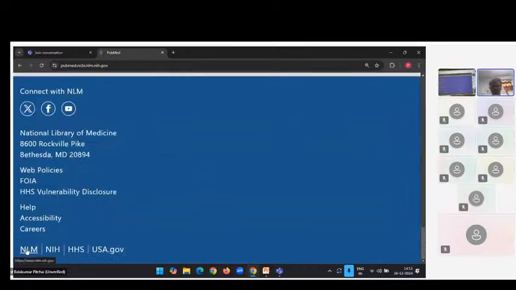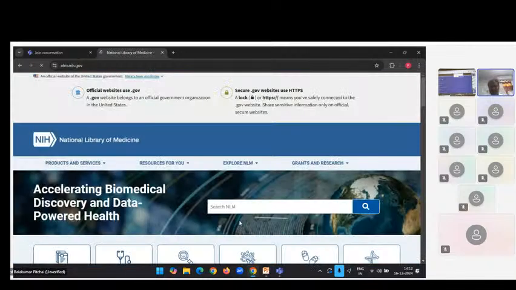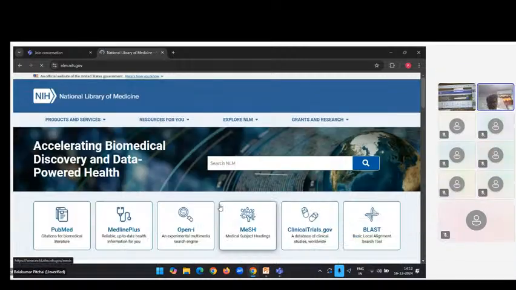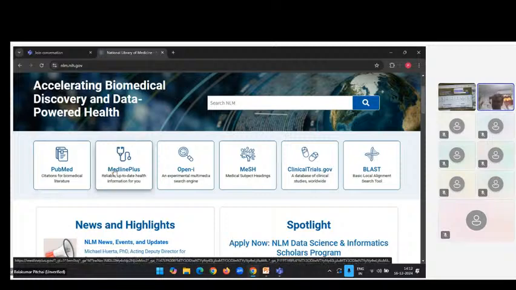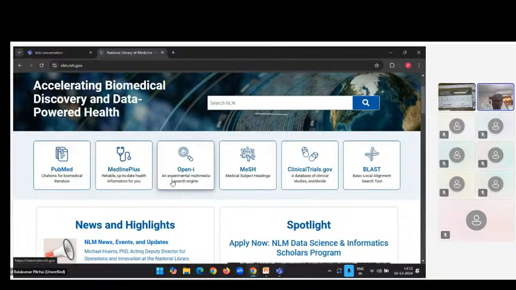In the bottom left corner, there is NLM. So you just go to NLM, the National Library of Medicine. In NLM, you can see different kinds of databases. One is PubMed, which you know very well. Then MedlinePlus, which has a huge amount of information, a lot of information to note. Then OpenI, an experimental multimedia search engine